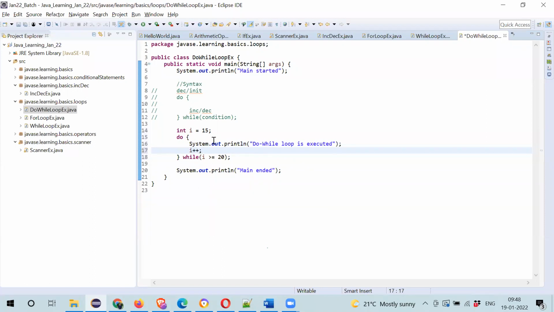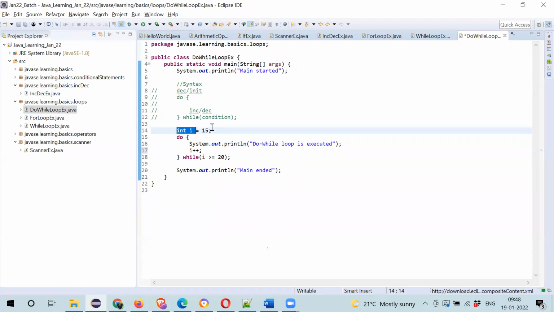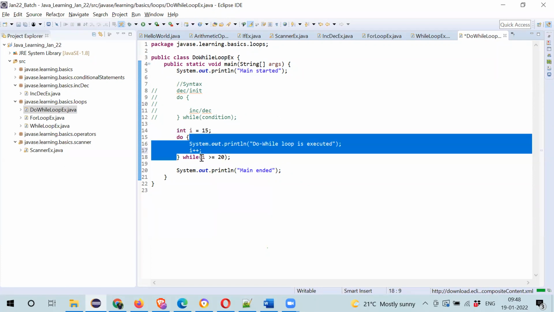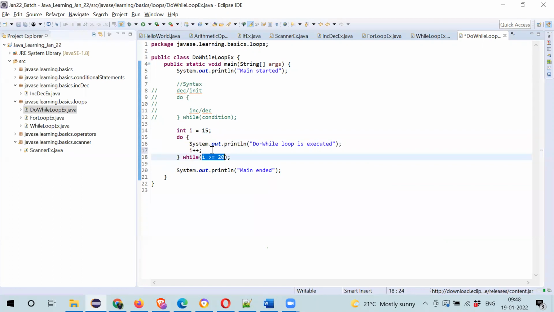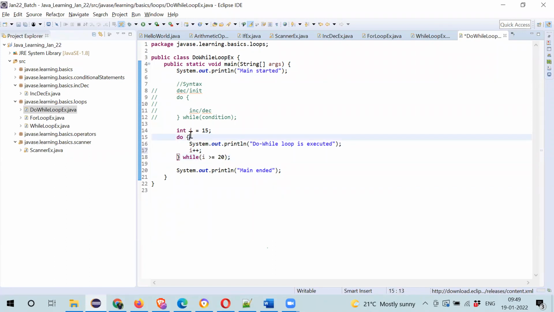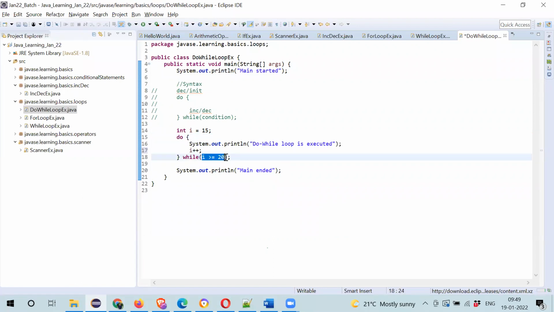So I started with 15 and it will execute the do. Let me explain the flow, how it will go. First, the initialization and declaration should be done normally. Now it will execute the do and then check the condition. When the condition is true, it will again execute the do. Until the condition is false, it will keep executing the do. When the condition is false, it will come out of the loop. But here, if you observe,